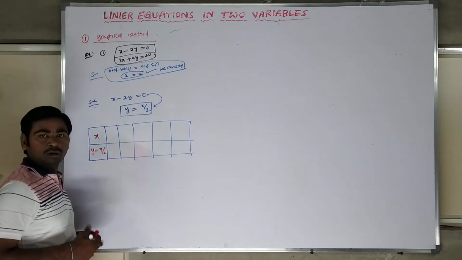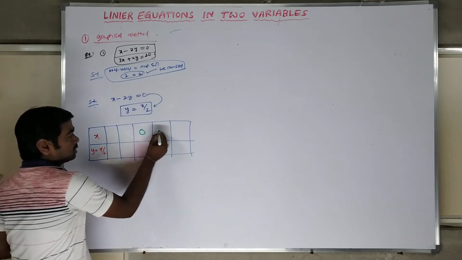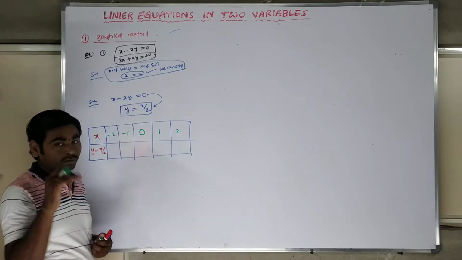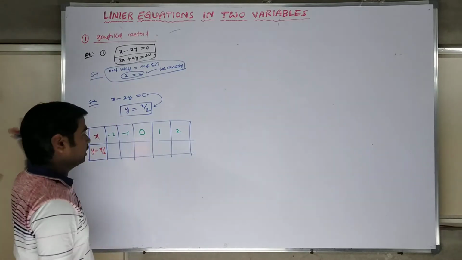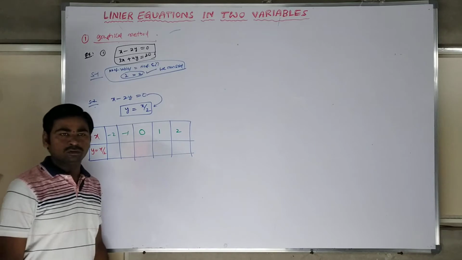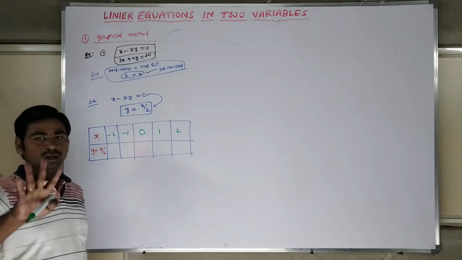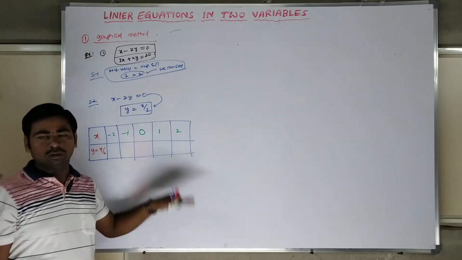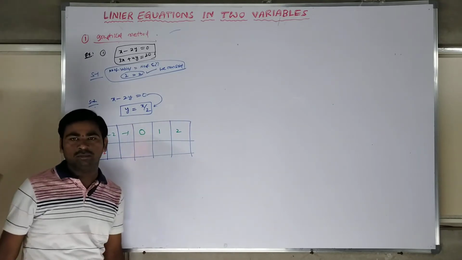First, according to your convenience, substitute 0. Then go to positive 1 and 2, minus 1, minus 2. If you are ready for the values 3, 4, 5, 6, positive, then go for negative values. Till minus infinity, plus infinity, we can substitute. Because these are straight lines, there is no need to substitute all values. We take 4 or 5 values. By using a scale, we can make a line. That's why 3 values is enough, but for convenience I am taking 5 values.